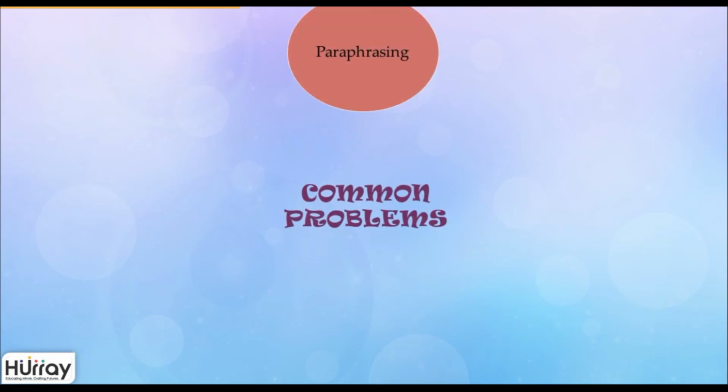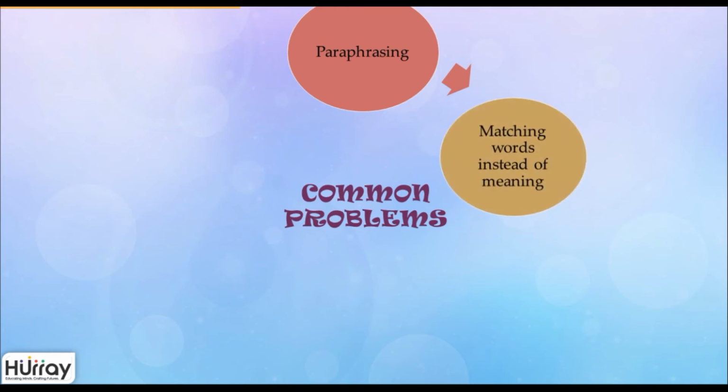Let's look at some of the common problems that one faces in answering yes, no, not given question types. The first problem is that you might not be able to paraphrase the question in the statement correctly. Also, matching the words instead of the entire meaning of the sentence. You're not supposed to just match one particular word which is given in the question to the paragraph, because sometimes the entire meaning may not be in the paragraph, but they may just give you one word which would be present in the paragraph, and the answer would be not given. This could sometimes be confusing.